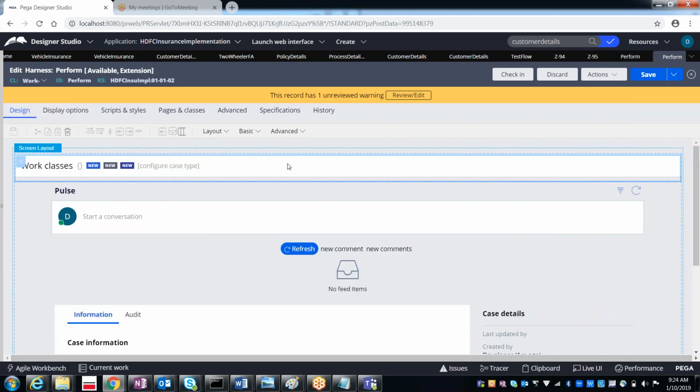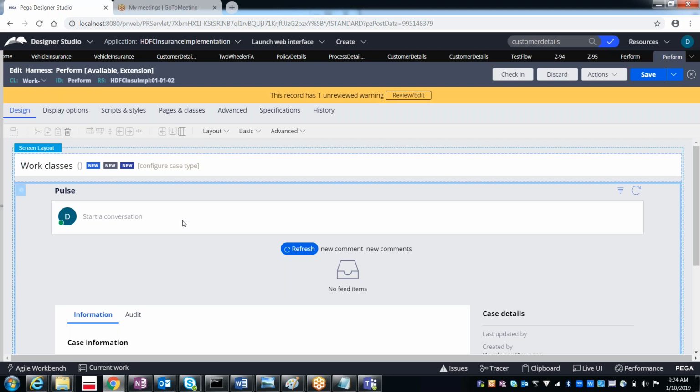So totally how many parts does it contain? This perform harness is having one screen layout. Okay, so this is one part and then this is another part. So what is this referring to?